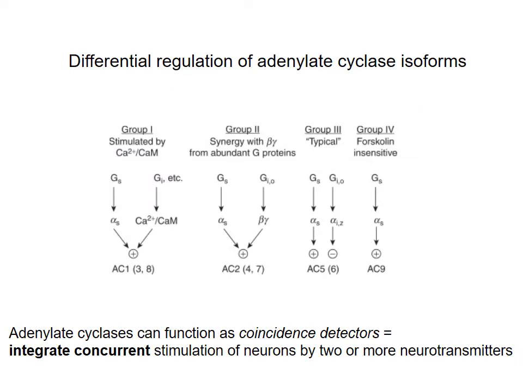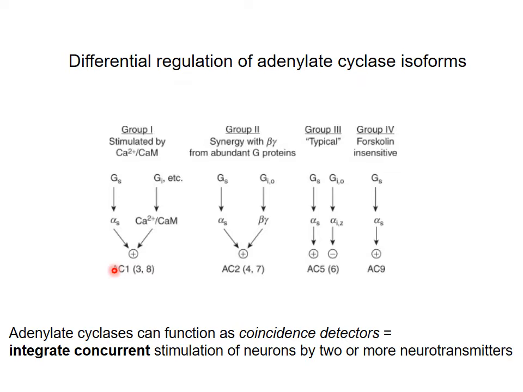You do not need to memorize this, but I want you to be aware that there are different adenyl cyclases that can be expressed in the cells, and these different adenyl cyclases are differently regulated, which will tell you that depending on which isoform you are expressing in your cell, you may have a different level of increase in cAMP activity. For example, adenyl cyclase of type 1, which are 1, 3, and 8, are called coincidence detectors, so they actually need stimulation not only by GS or alpha S subunit, they also need calcium increase, calcium bound to calmodulin, so